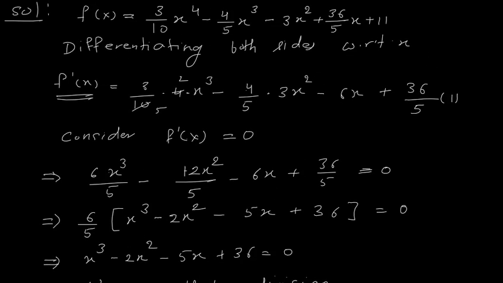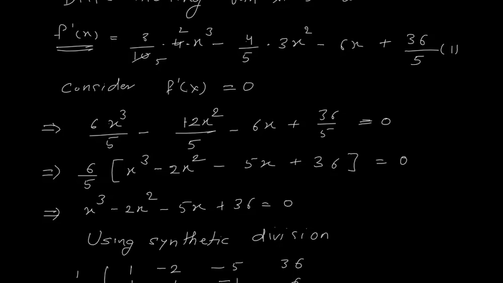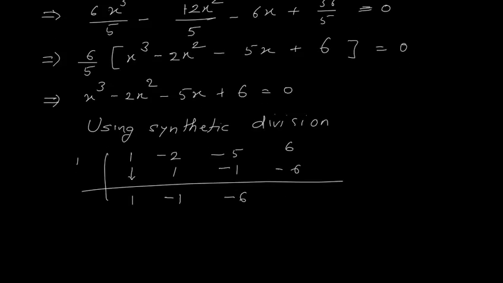We have 3 upon 10, so first we got 6 upon 5x cube, then we have got 12. So from 12 we have taken 6 common, okay. This last term, as I have taken 6 common, so here at last, after taking 6 common I should have 6, but what I have written is 36. So let us change this. This is 6, so I will write 6. Here also it is 6. Here also I will write 6. Now here you see that 6 minus 6 gives you 0.